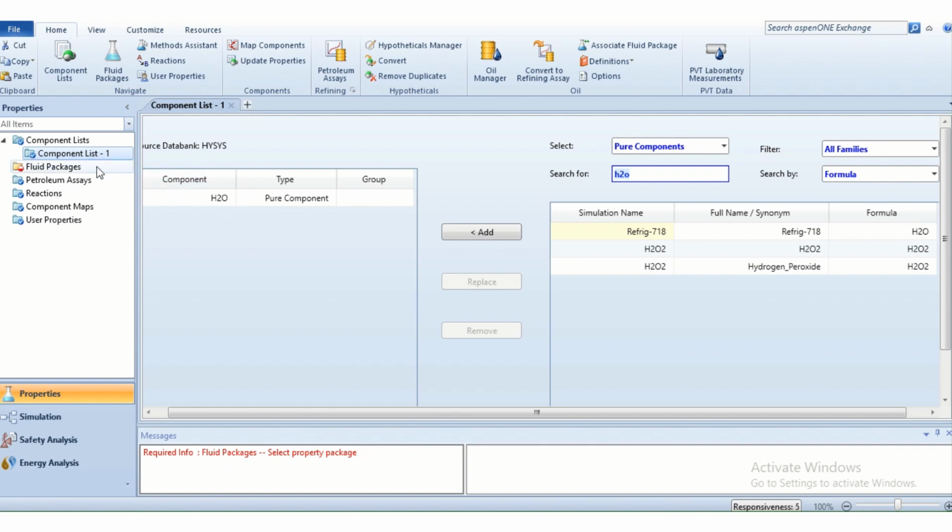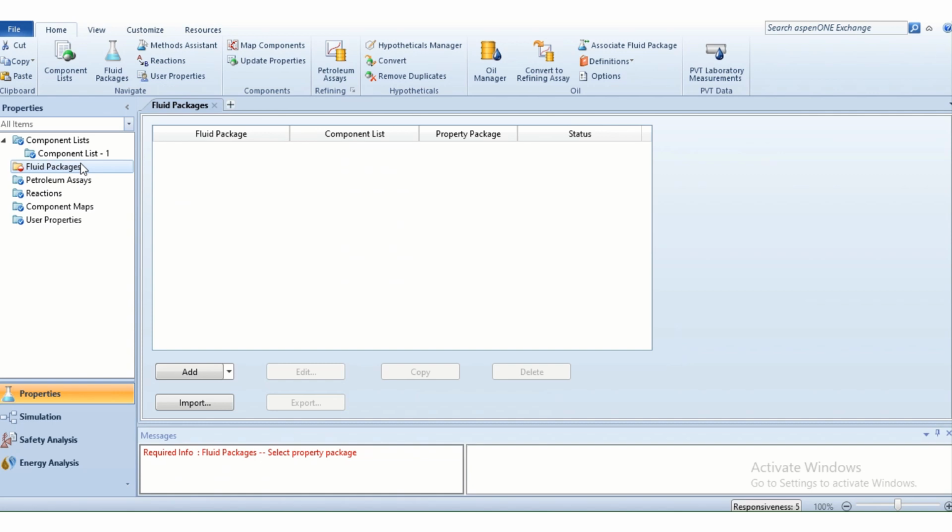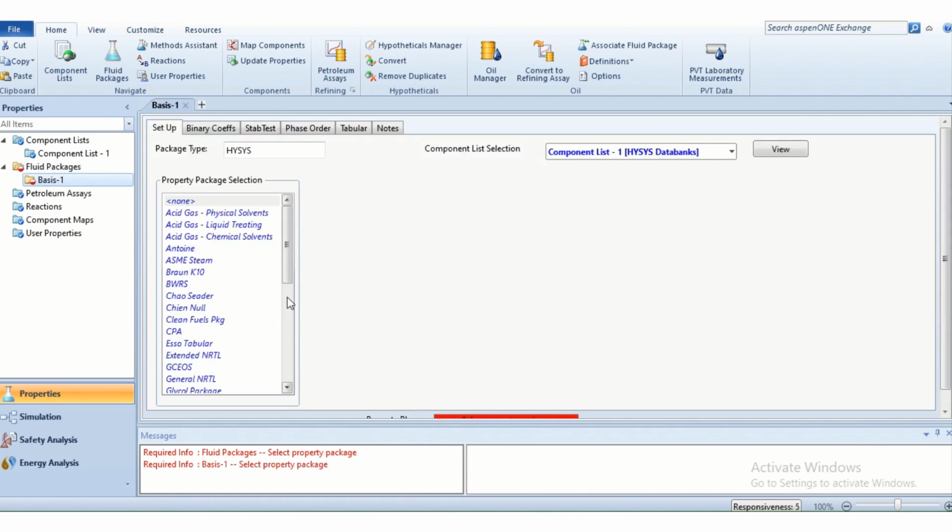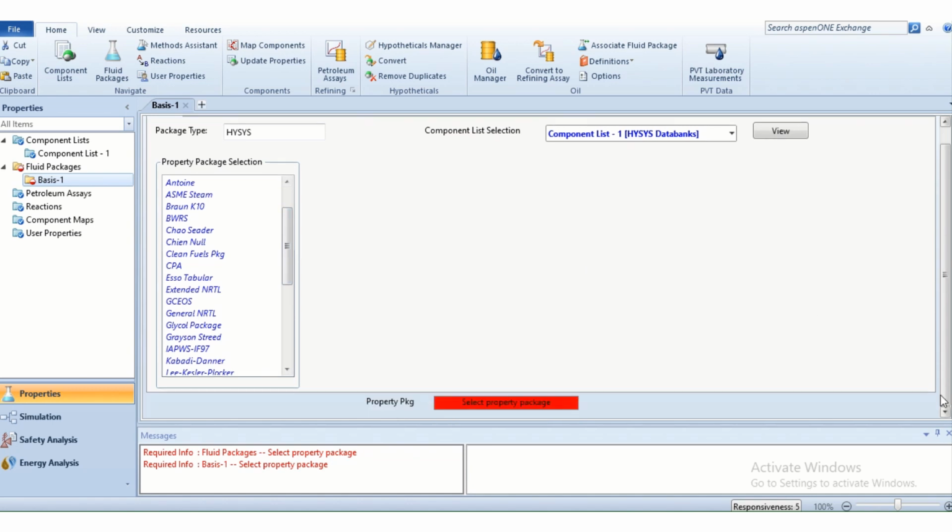When the component list is added, we have to select a fluid package. Fluid packages are basically different equations according to which the properties of the fluids are decided. Alright, and according to the fluid package you have selected, this bar turns green and here it is written OK.